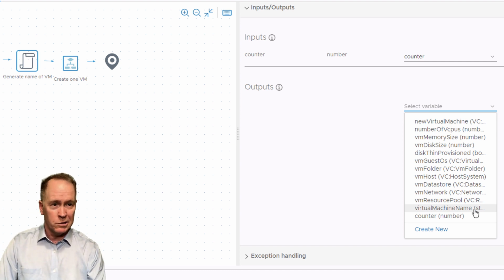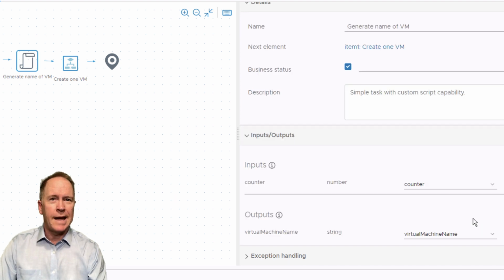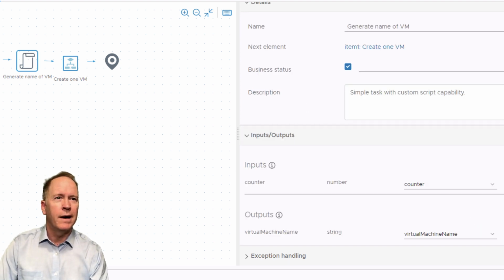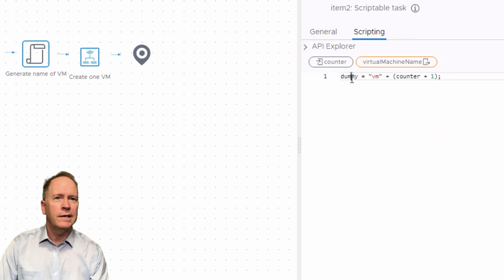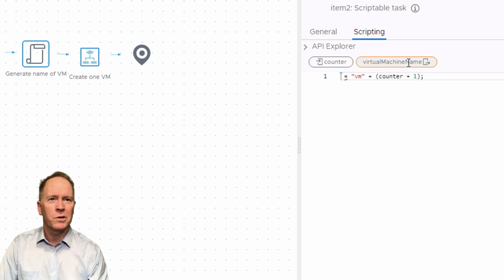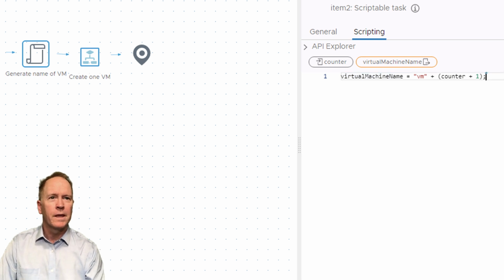That's the variable I want to store the newly generated name into. So I'll choose that. And now in my scripting, instead of saying dummy, let me get rid of that. I can either type virtual machine name, or I can just put the cursor in the right place and click here and it inserts it automatically. Okay, so I've now got code to generate the virtual machine name, sticks the value in this variable called virtual